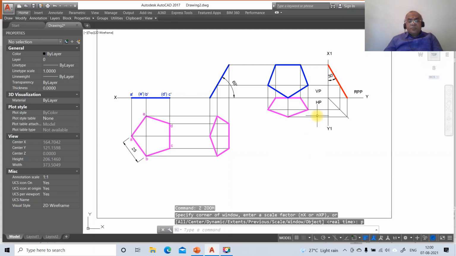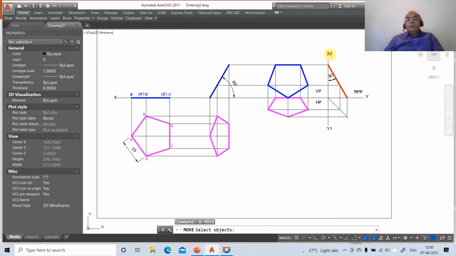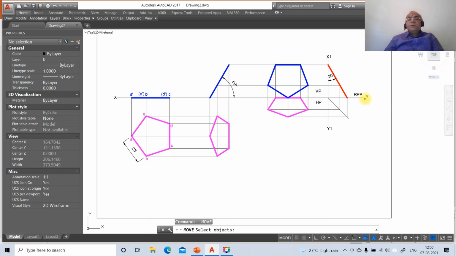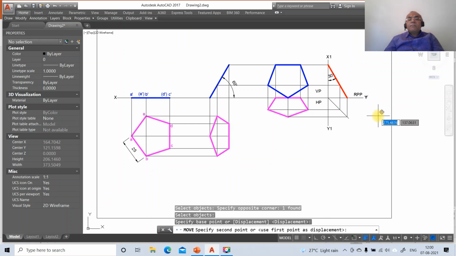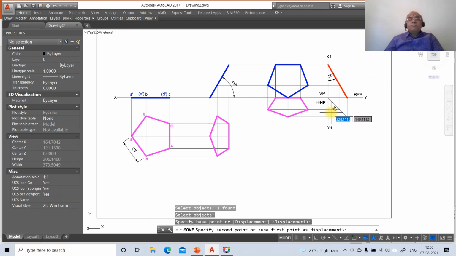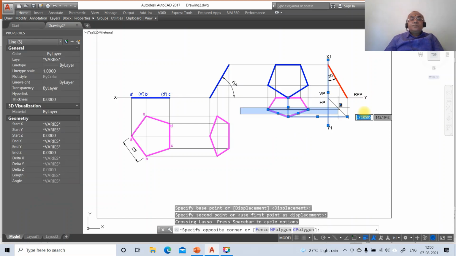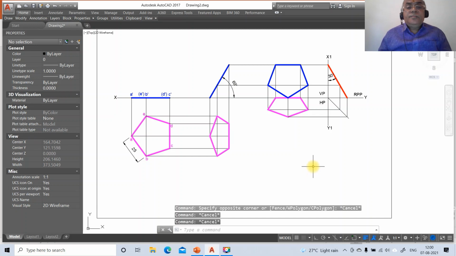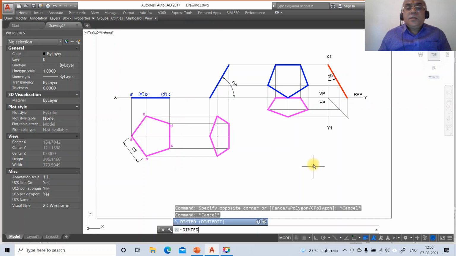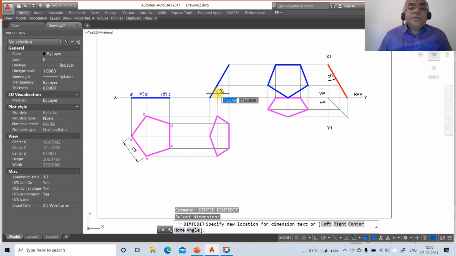You just come down to move, take X1 and take RPP and you just take Y, similarly Y1, then VP, then HP. Then go to dim TED, so you drag this and keep it XY.